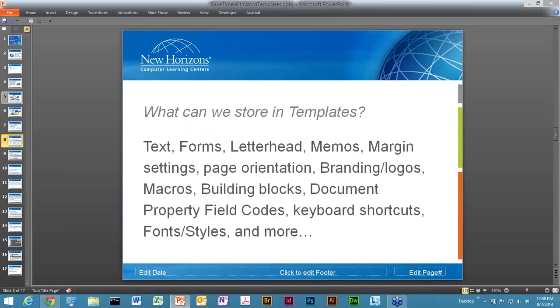Templates are obviously huge for branding, which just about every medium to large size company is very invested in. We're talking about consistency, right? Good old consistency. All right, logos, of course, is part of the company. We talked earlier about the fact that macros can be stored in templates, building blocks, document property field codes,